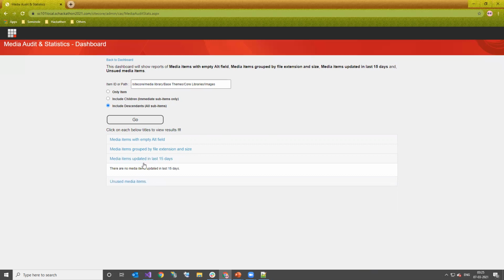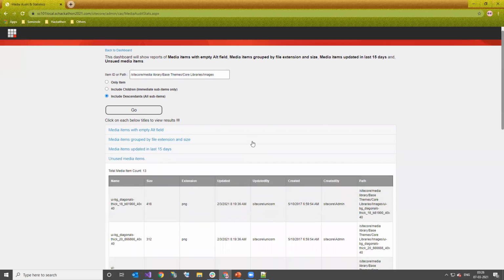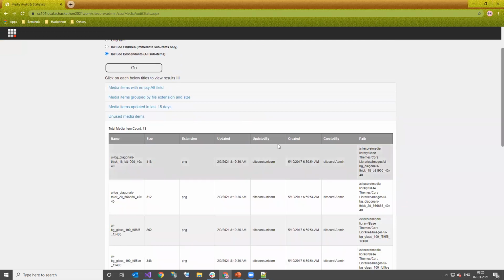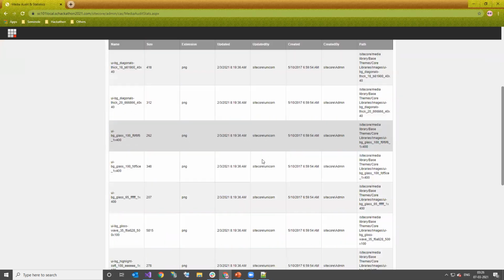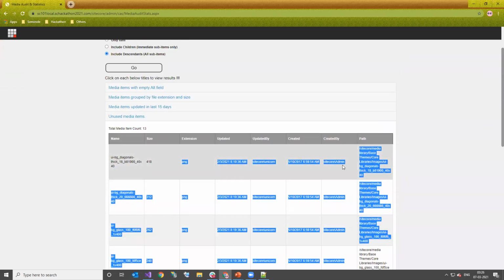The next section is the media items under this particular folder which were updated in the last 15 days. If we do not have any, then we would get a result like no media items updated. And the last section provides the list of all unused media items under that particular item path. So for example, most of the items are unused by any of the content items.